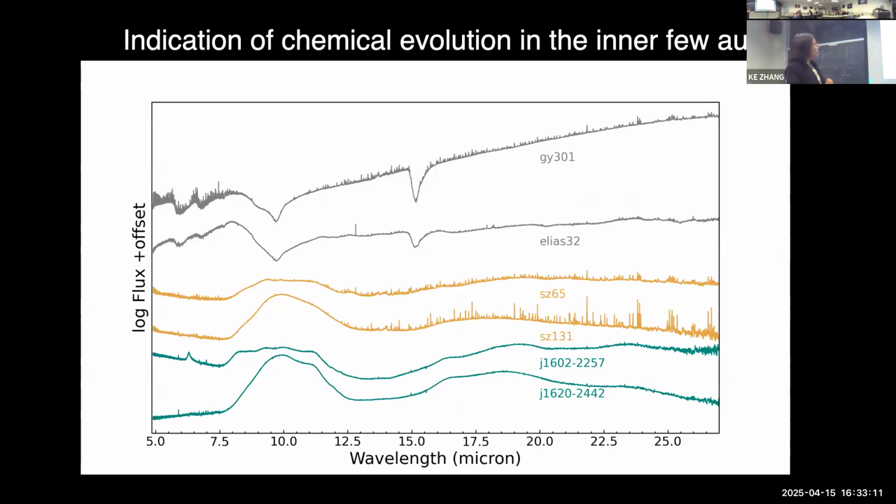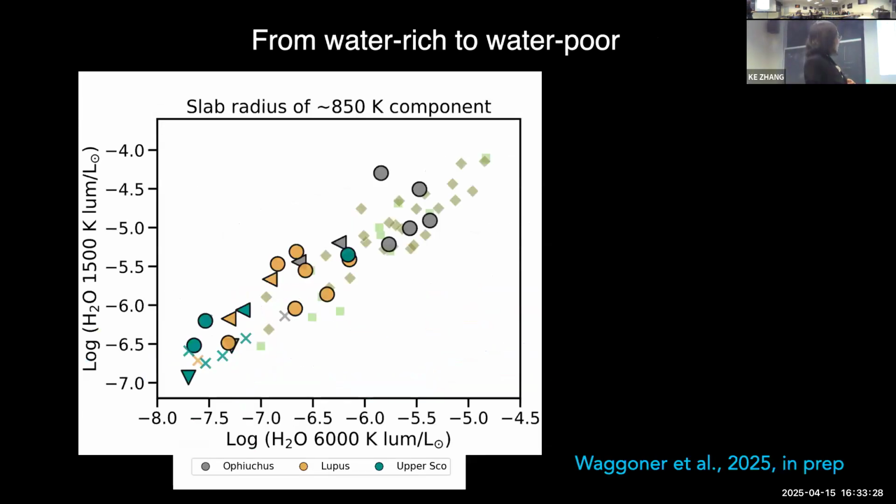This is the middle age one. You see a lot of water lines and other organics. But when you really go to the oldest sample here, you see much fainter lines and less water compared to the younger ones. And when you try to put in the individual water line luminosity, so there's two